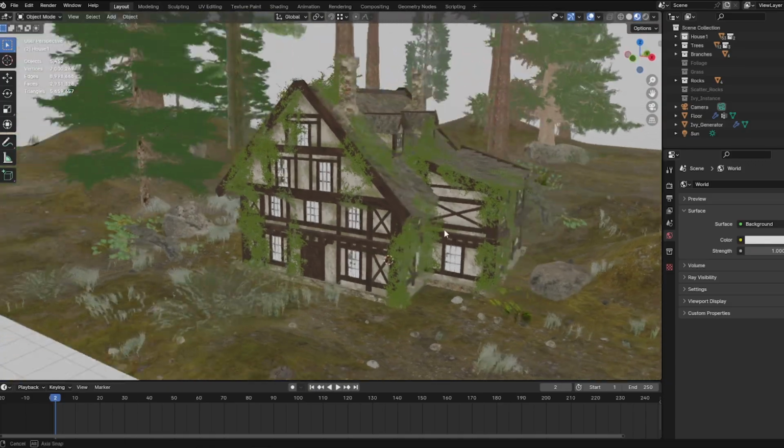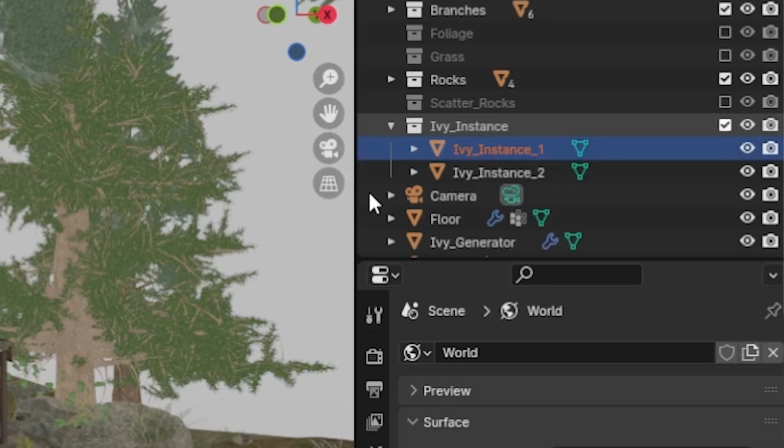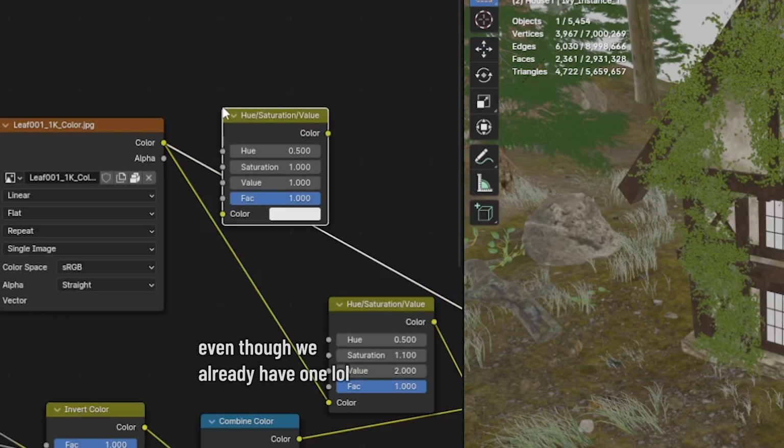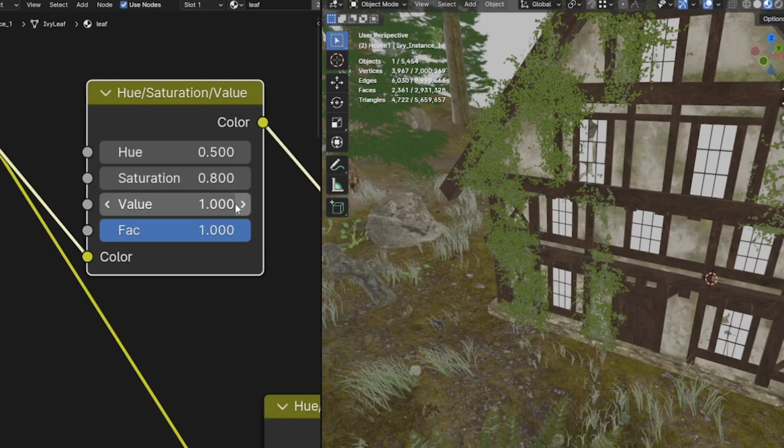Taking a look at the whole scene now, you'll always find little things to improve and correct, and one such thing is the tint of the ivy. So open the ivy instance collection, and the ivy one is the one with the leaves. So shader editor, give it a hue saturation value node, and make it more bluish and desaturated to fit the rest of the scene. One last thing that's worth mentioning in this part of the course is that you must